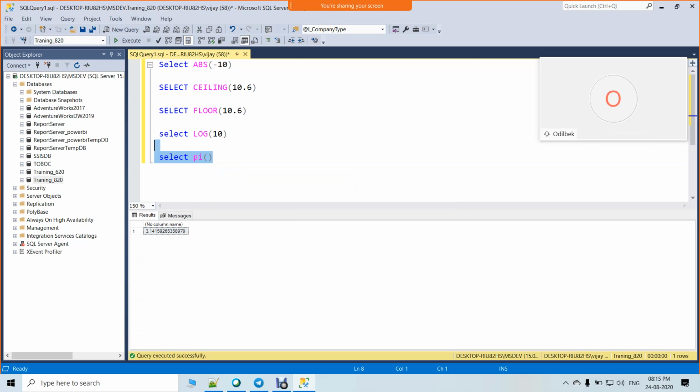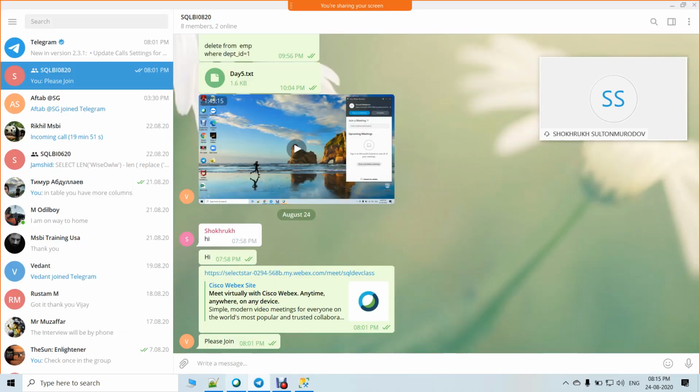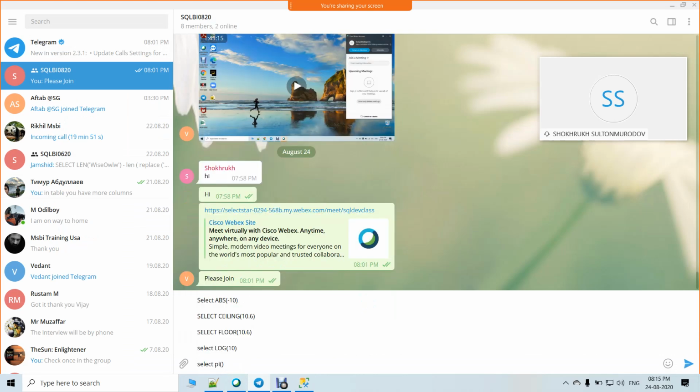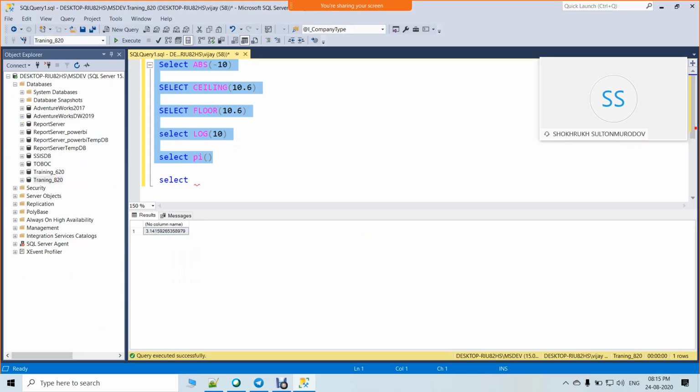3.14 is the pi value. Round. It's a P, yes. So, pi. I mean, in mathematics, it's a P. We call it pi. I'm not sure about your terminology, but when I'm doing studies, we call it pi. Okay. The pronunciation might be different, but the concept is the same.